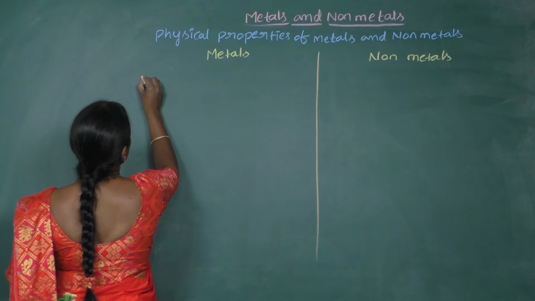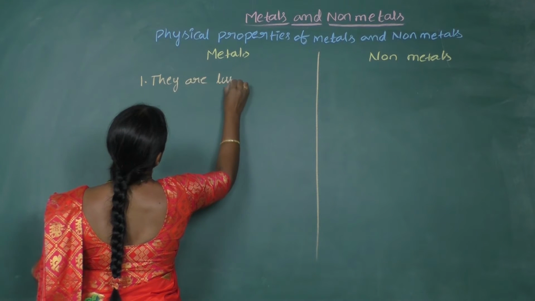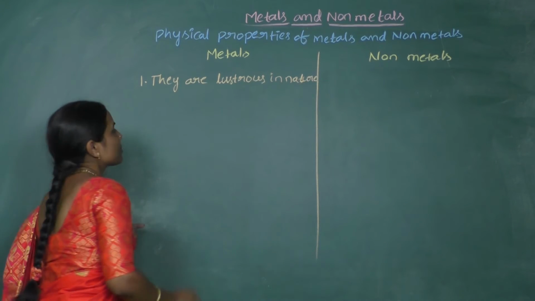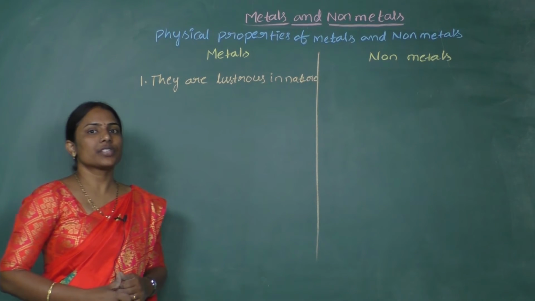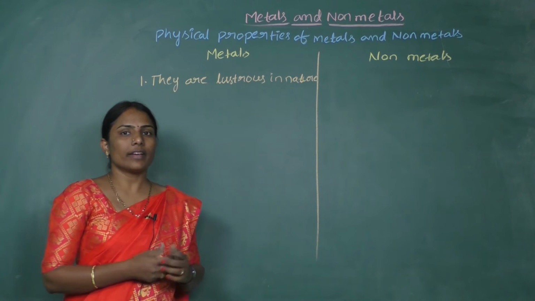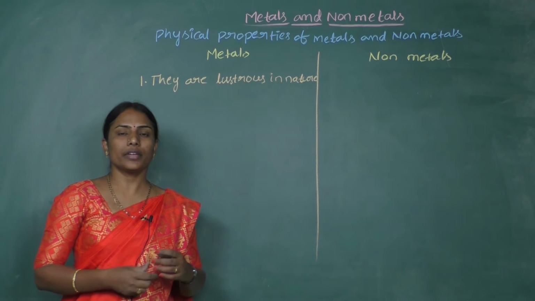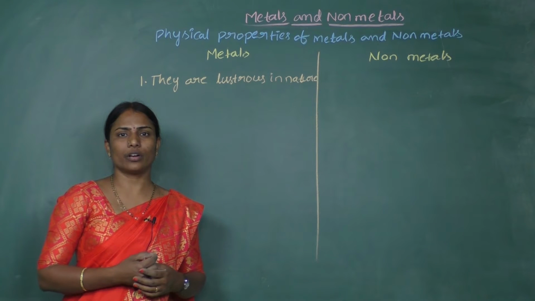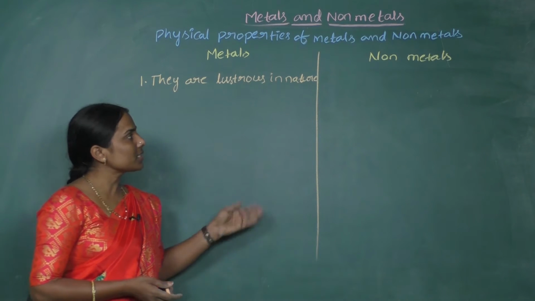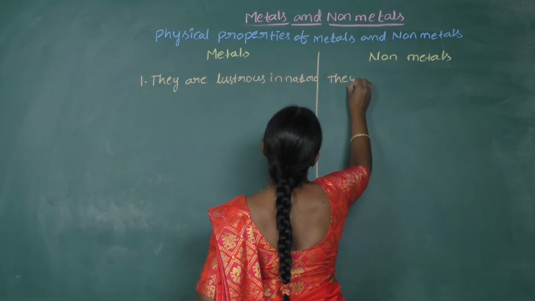So metals are basically lustrous in nature. So what is this lustrous nature? Lustrous nature is basically showing the shining whenever some light falls on the metals. See aluminium, how it shines, and we would have seen metals like gold and silver, which have very good shining, right? And at the same time, if we see the non-metals, they are non-lustrous in nature, or